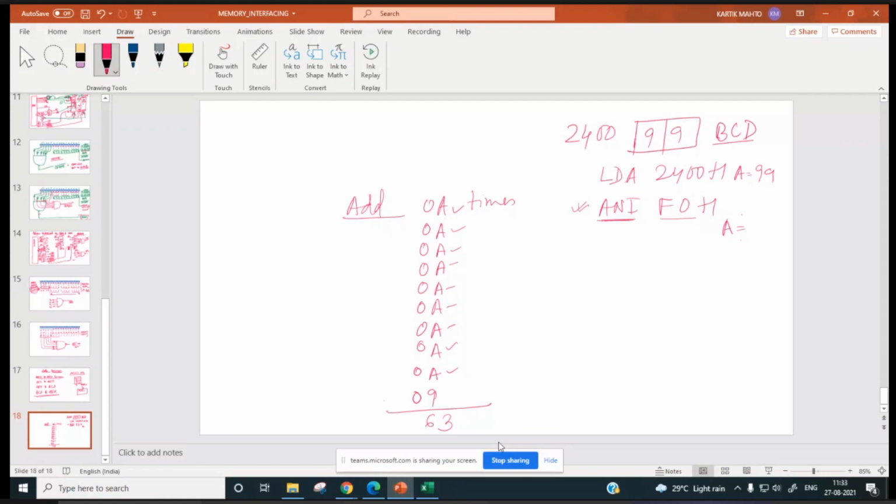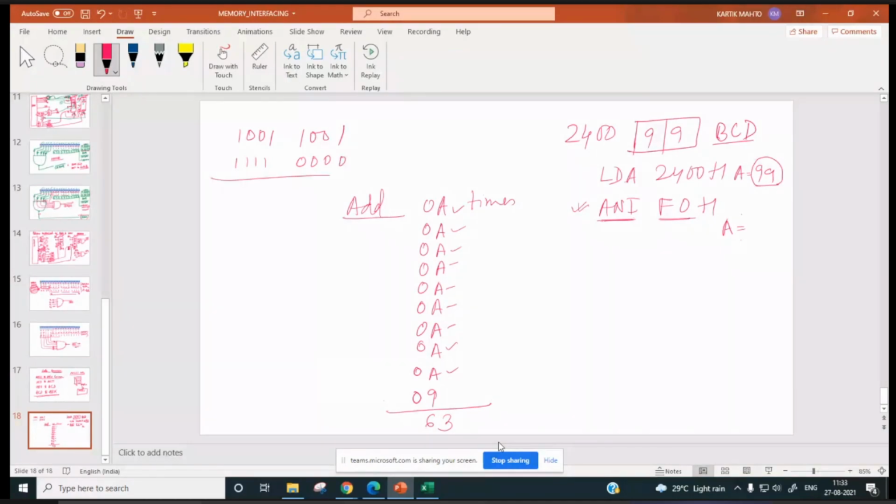This stands for AND immediate, accumulator with this byte. So in the accumulator what we have? 99H. 9 is this, and F0 is 1 1 1 1 0 0 0 0.